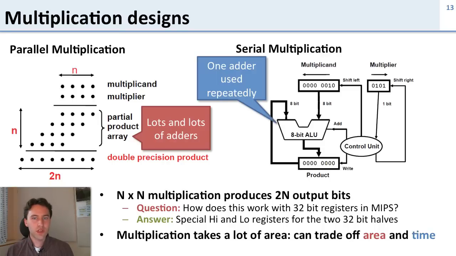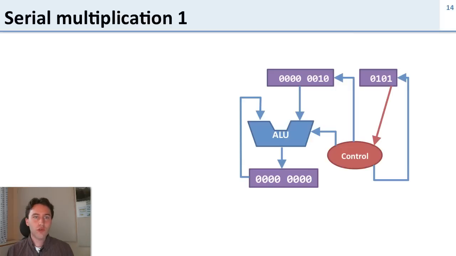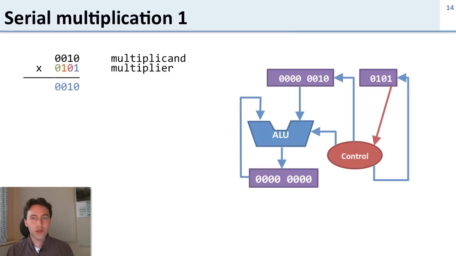You have to do each shift and each add separately in the serial multiplier. So let's walk through how serial multiplication works. Here's our serial multiplier. We're going to have a multiplicand and a multiplier. We're going to multiply these two together, and what we're going to do is generate a bunch